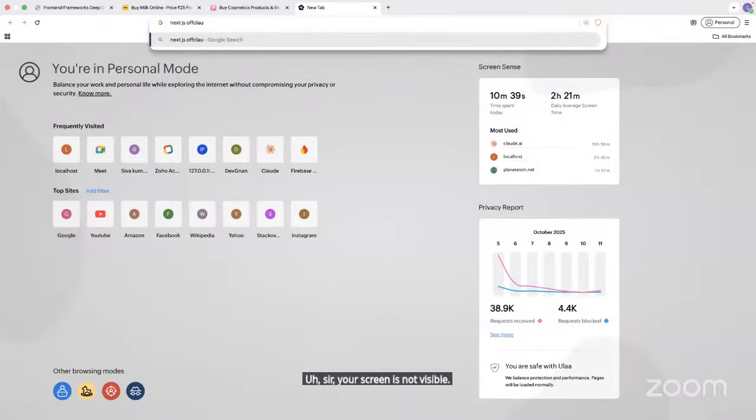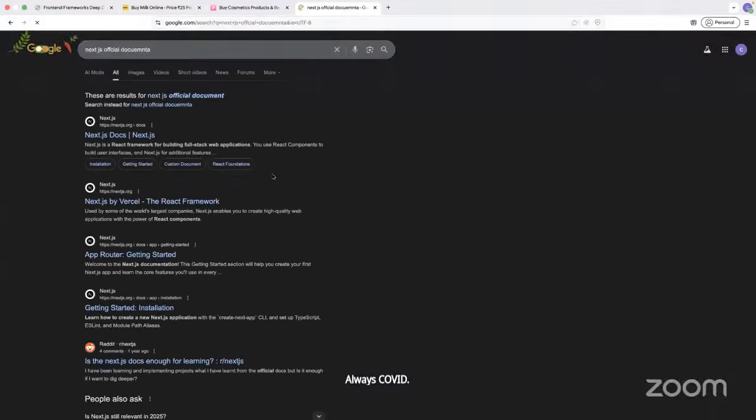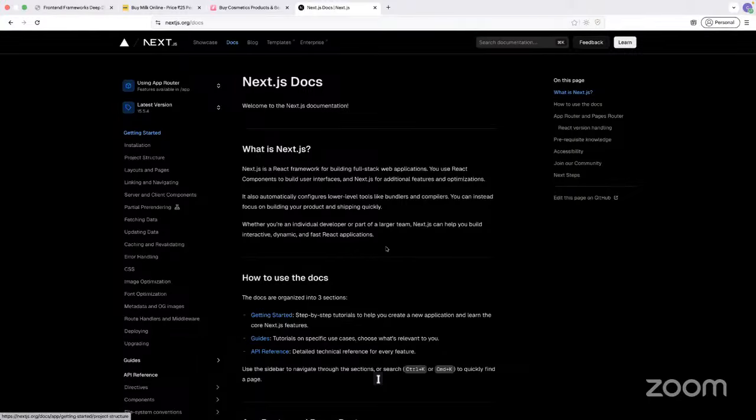Next.js official documentation. Sir, your screen is not visible. Sorry. Yeah, it's visible now. Always go with the official documentation. I prefer to go with this.